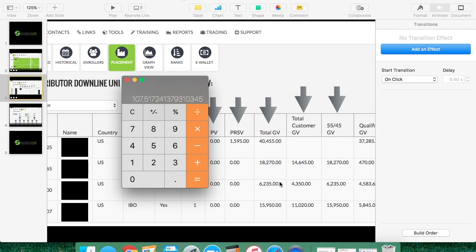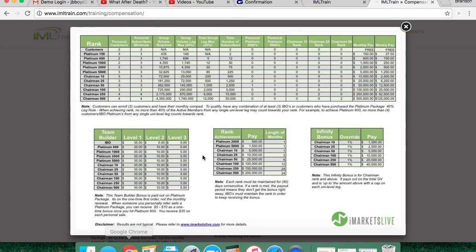And then you just take your last one, 6235. This is your 20%. So what you do is you take, so you have your two biggest legs here, 18,270, 15,950. You take those two legs, basically set them aside. You add up the rest of the legs on that 20%, because again, it's 40, 40, 20. So what does that 20% mean? So if we go back to Chairman 10, so if you got 200 on leg one, 200 on leg two,